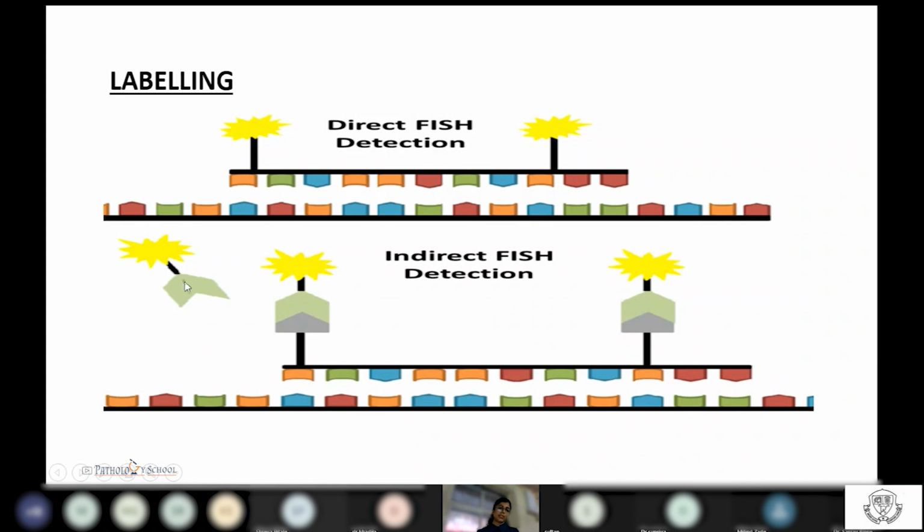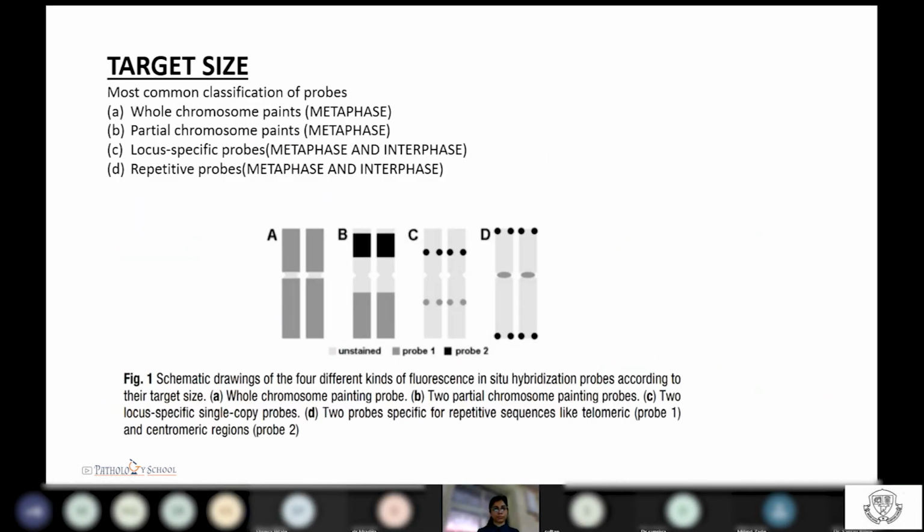Second, you can see here the antibodies are tagged with fluorescence, and this binds to your probe, but your probe is bound with biotin-labeled nucleotide analogs. So whatever your antibody is, it is against your biotin. So this binds to it, and this results in fluorescence.